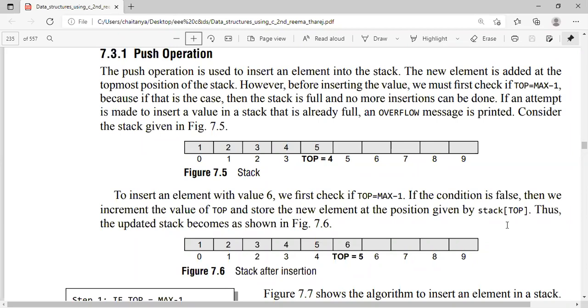For example, if top is equal to 9 and max is equal to 10, then top is equal to max minus 1, 9 is equal to 9. So what will happen? Here I can't insert further.